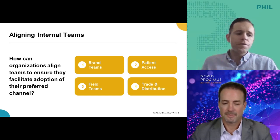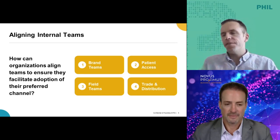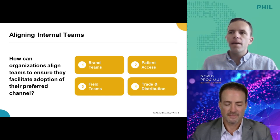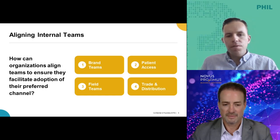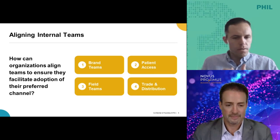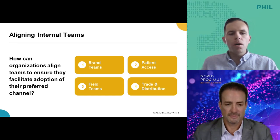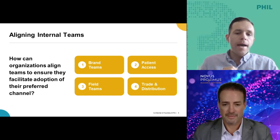However, and I'm sure you've seen this in your career, Patrick, spanning a number of life sciences organizations, and we've seen this at Phil as well in programs that we've managed, incentives, understanding of the various variables that influence patient access, and focus across teams can really vary. So let's dig a little deeper into how organizations can make patient access a north star,